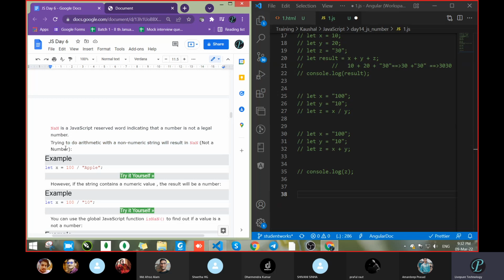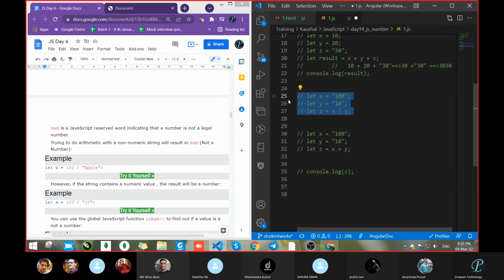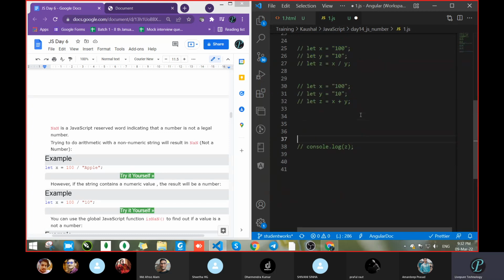It is going to perform the arithmetic operation, but with whom? With a non-numeric string. Let's do one thing. Just now we were doing this operation, dividing a string by a string: 100 divided by 10.